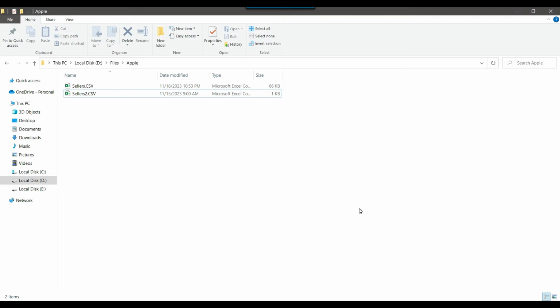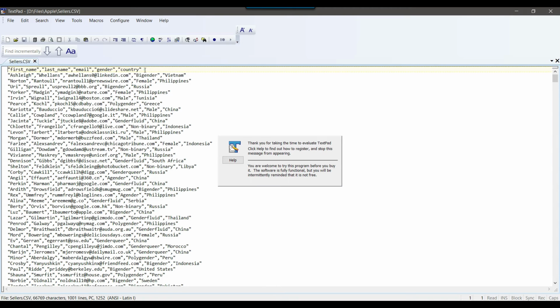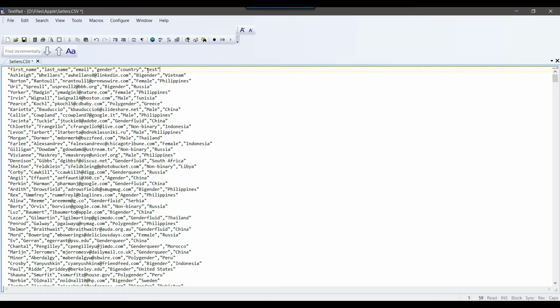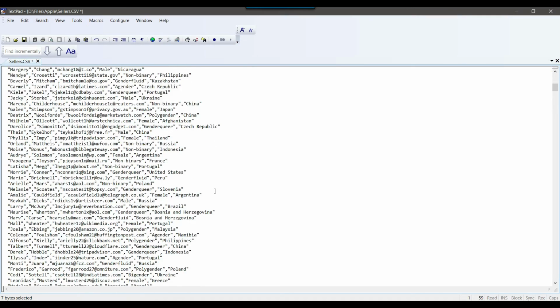If you are working with SSIS, when you develop the package and the package fails, you understand what the reason of the failure is. So if I want to fail this particular process, in the first file, sellers.csv, I can add a new column, or I can remove an existing column. Let me just add a new column. I just added a new column, test, but I have not added the corresponding data to this file.